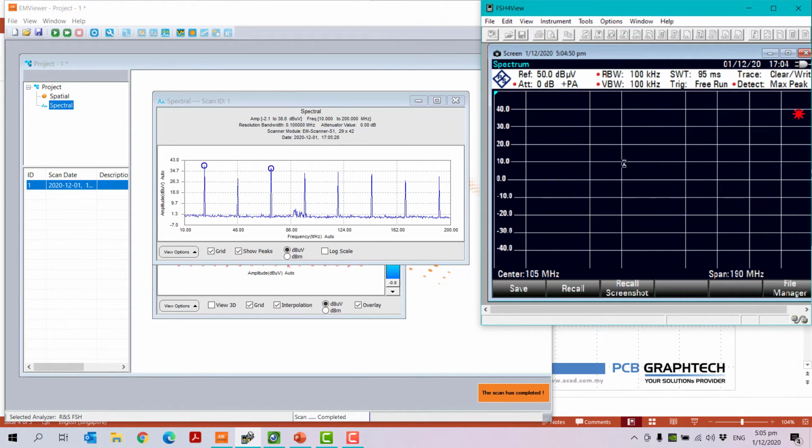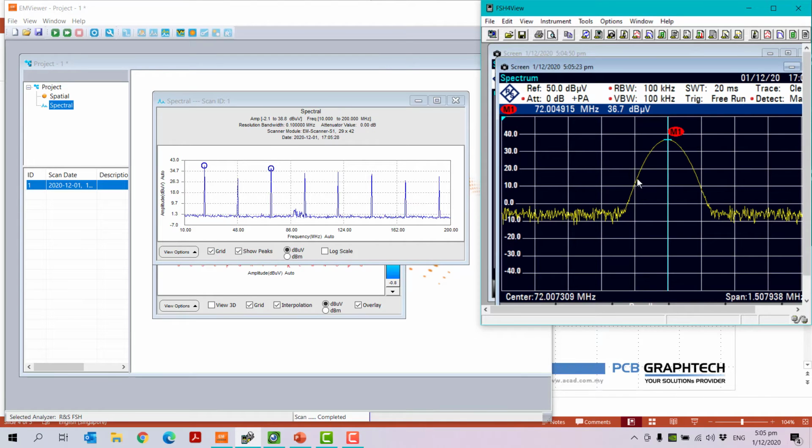It will run and show me the graph. You can see this is the result I got in my spectrum analyzer. Here you can see it goes from -2 to a maximum of 38.8, and then here it is 36 point something, but they are nearly close, the maximum amplitude of distortion. So now I am going to see at which frequency I get this maximum amplitude of distortion.